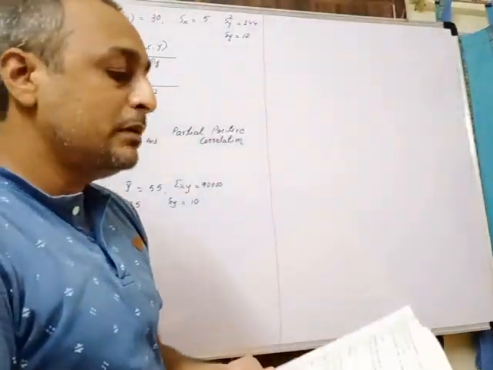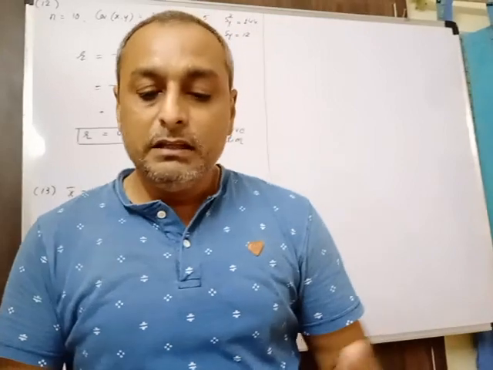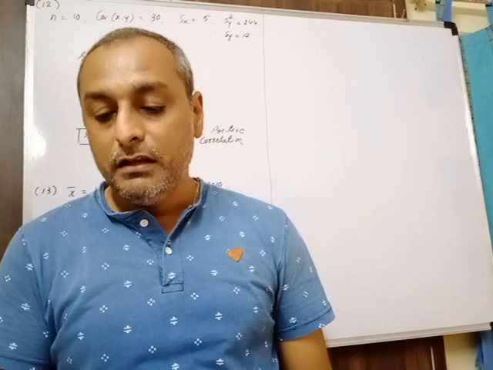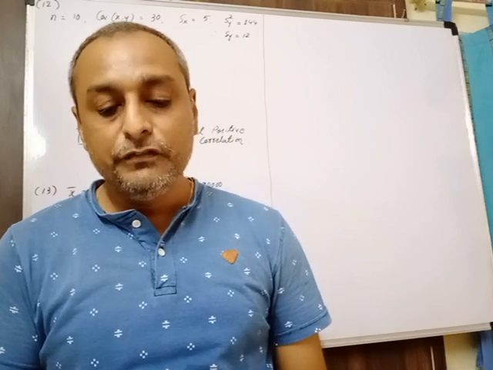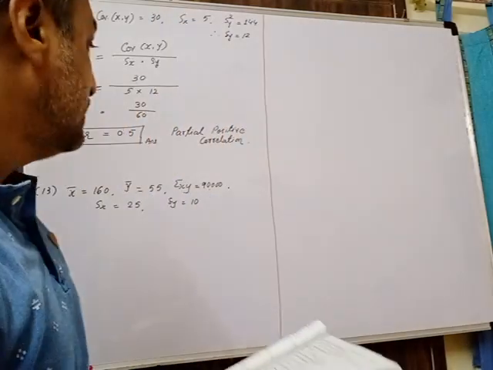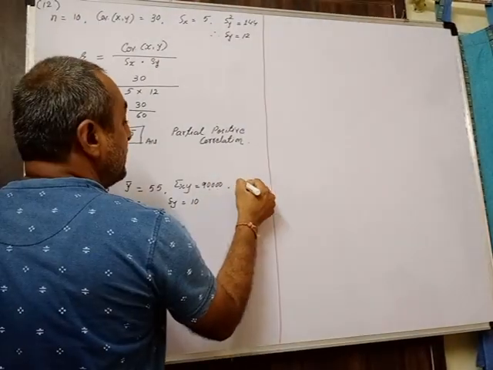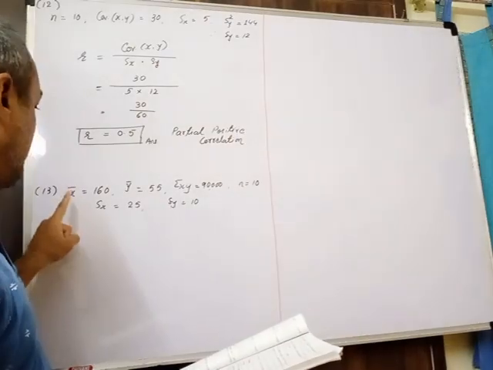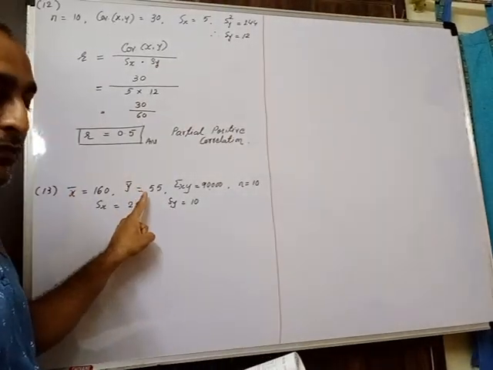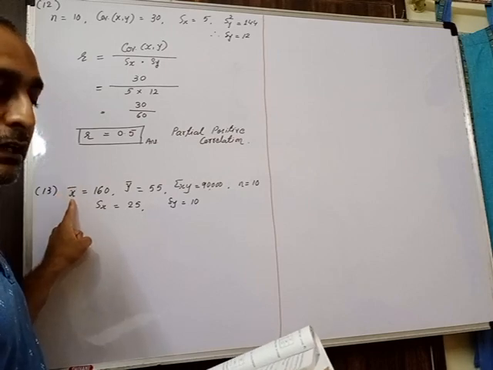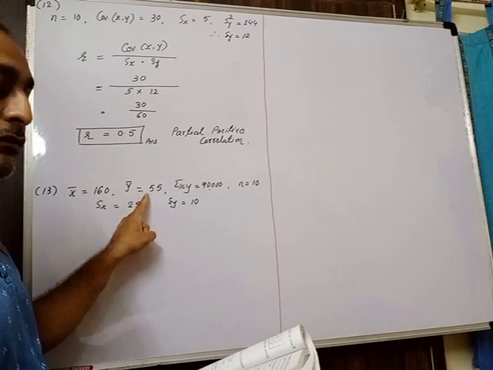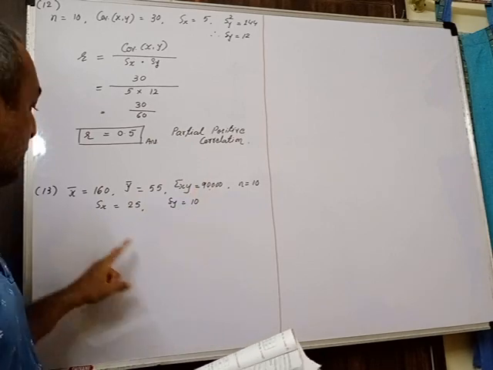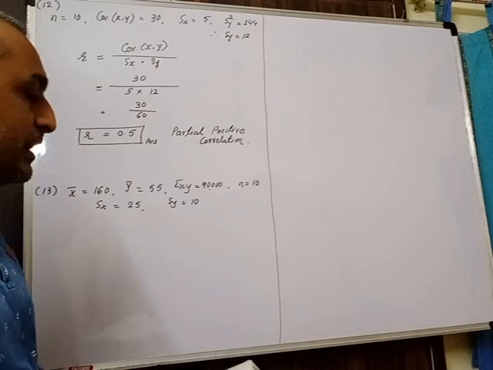Similarly now the question number 13. See, it is given that the following information is obtained regarding the height x and weight y for the sample of 10 students of a school. So there are 10 students available in the information, so n is equal to 10 you can write, and the other information is available. I wrote over here, like x bar is 160, y bar is 55. That is mean of the height and mean of the weight. Okay, then sum of xy is 90,000, right, and sx and sy are 25 and 10.